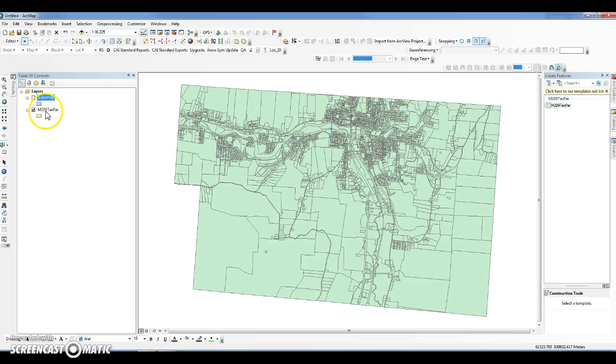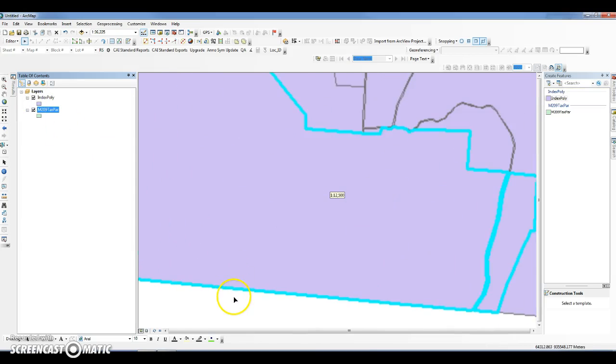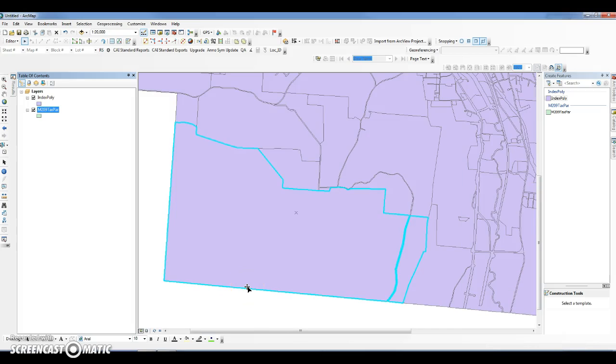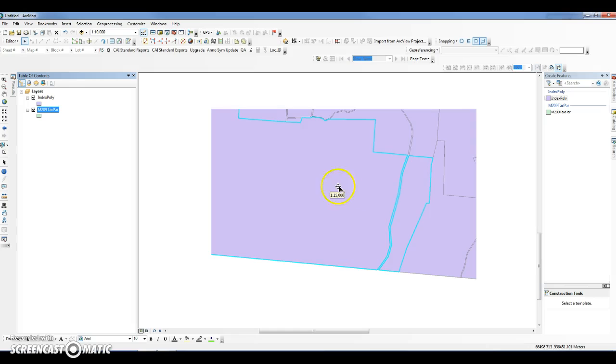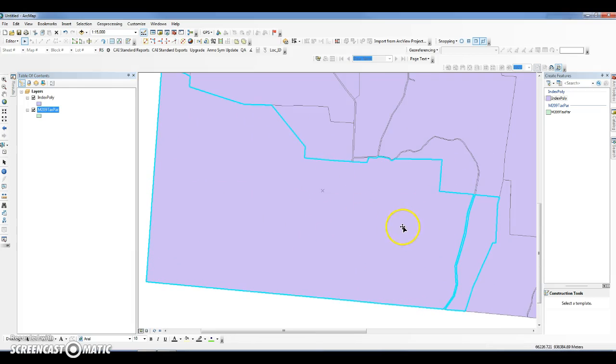So I've got that data in here right now. What I've done, I've taken TaxPar and I've already dissolved it, created an index poly. As you can see, it's pretty large. There's 147 maps for this town, and the issue is we've got roads and whatnot making multi-part polys, and we don't want that. So what we need you to do is to go through, dissolve on TaxPar and create an index poly that's